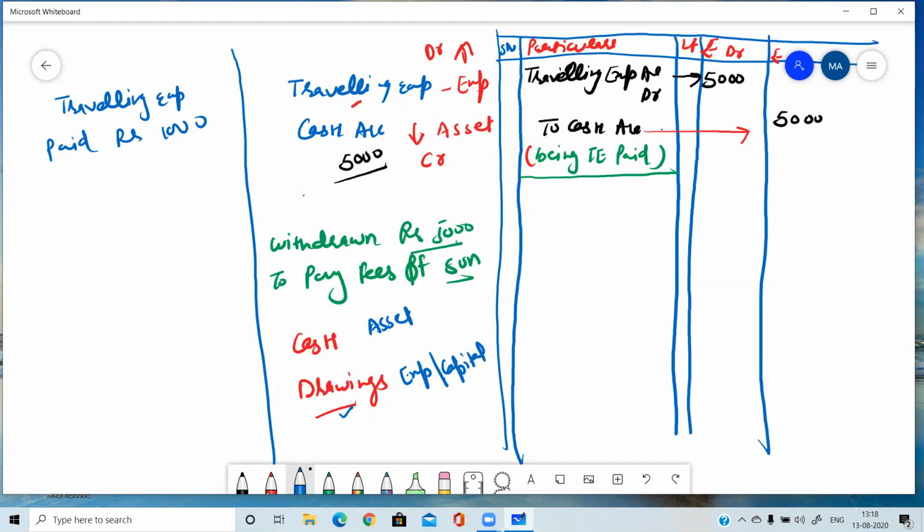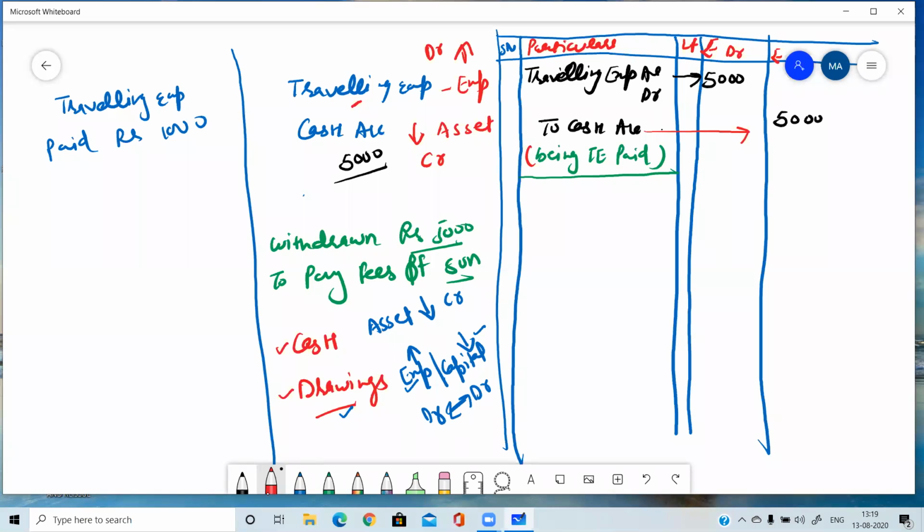So whenever we are withdrawing cash, our asset is decreasing, and whenever we are withdrawing our own money, then capital is decreased or the expenses are increased. Both are the same. So the capital is decreased and expenses are increased. In both cases your rule will be the same, and your ultimate answer will be the same. Okay, so when the cash account is decreased, it is credited, and when expenses are increased, it is debited, and when capital is decreased, it is also debited. So from both, your debit will come, whether you take it as expense or capital. Clear? So which two accounts are involved here? Cash and drawings. So cash is credited and drawings are debited.